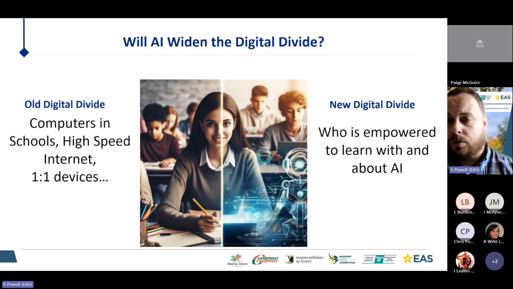Some students in schools will be taught how to use AI responsibly and ethically as part of their learning, whilst others won't. Some learners will have access to digital tutors and AI tools that speed up their work, whilst also enhancing their learning through those personalised experiences. Others will be restricted. So when the world of work has already shifted to the AI reality, these children, these learners are going to be at a disadvantage. So I'm really hoping that when you start to think about using AI tools, you use the ones available within Hub, which are equitable access to all learners across the board.